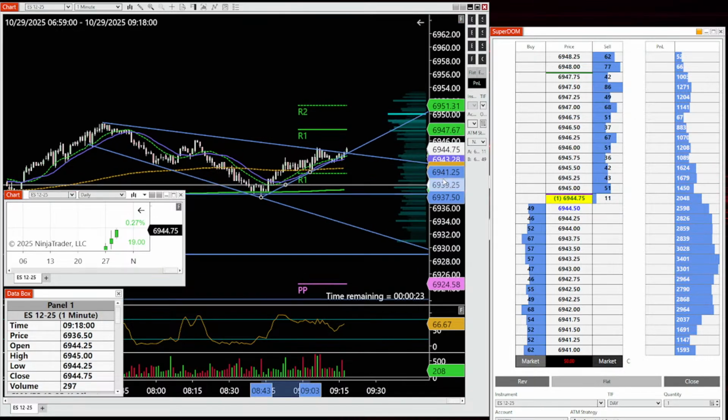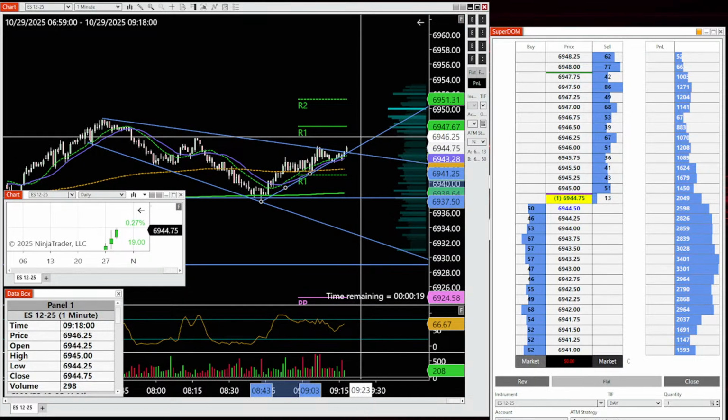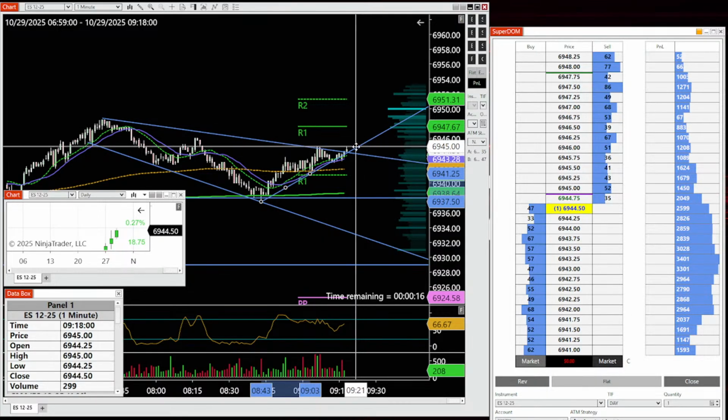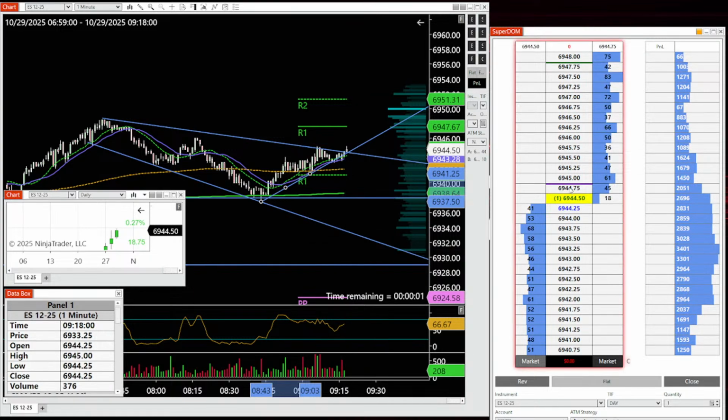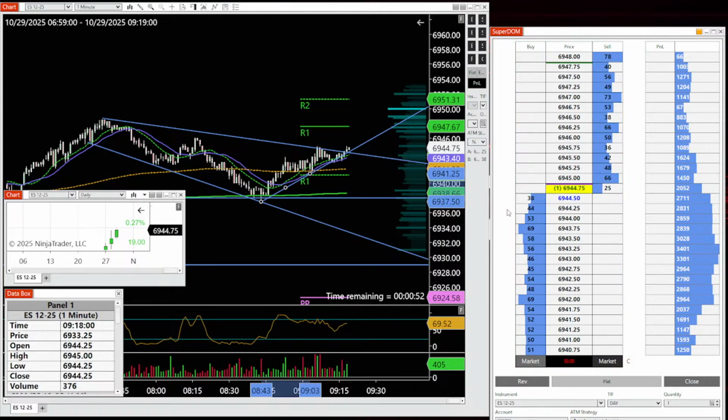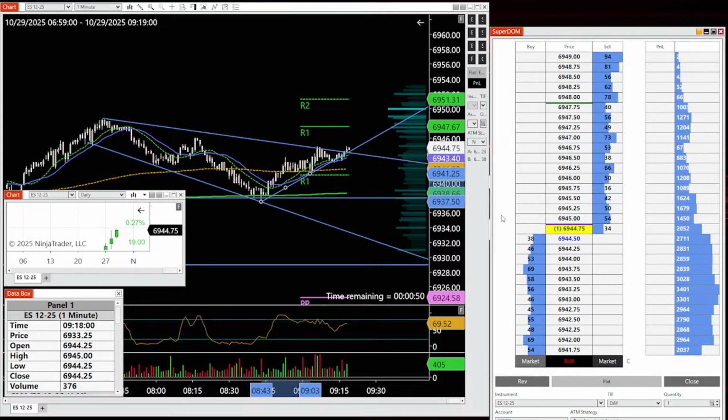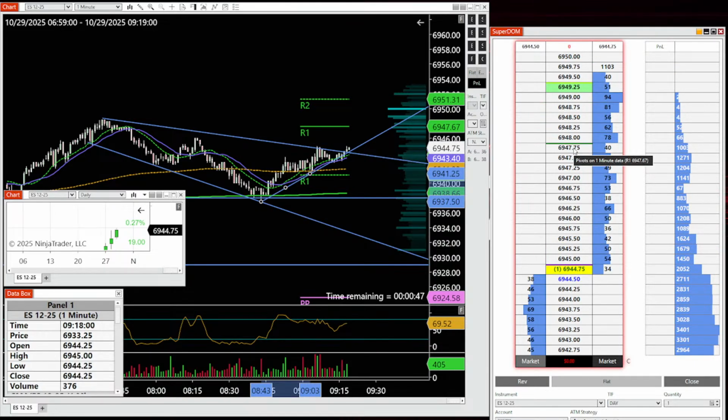But we don't have too much room to take a trade. We got resistance at 46, 47. That's about 2 points. So that's not going to work. So this purple line is the prior day's high. So this is where we are. The purple line shows it on the dome, the prior day's high. And this green line is the pivot point, R1. That's this line here. So I can see it on the dome, R1.